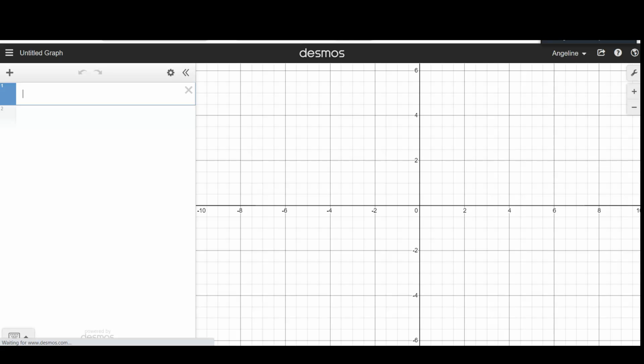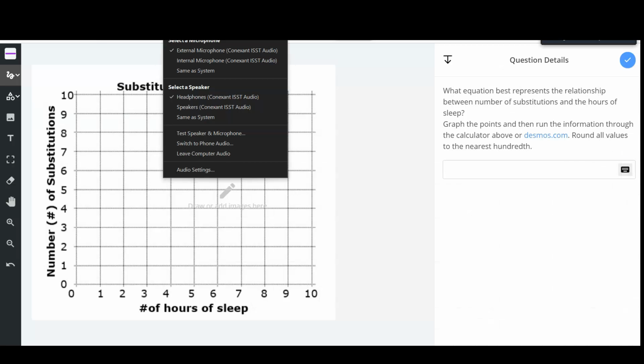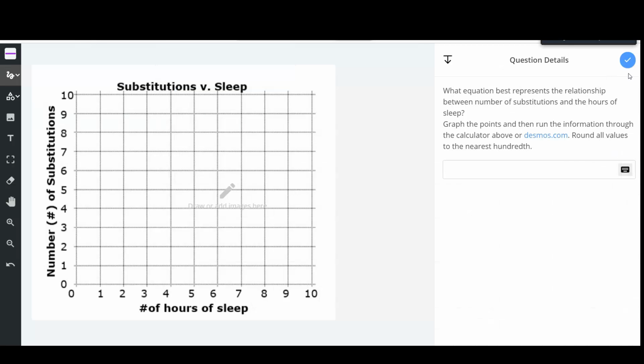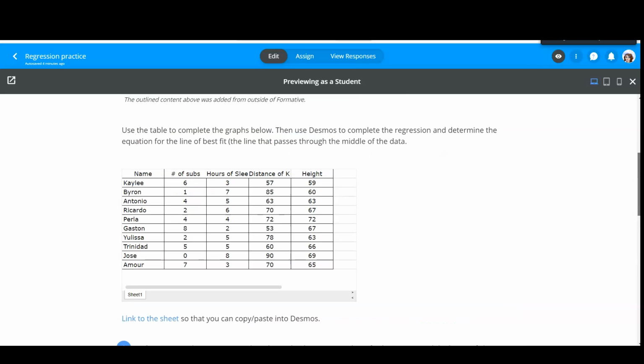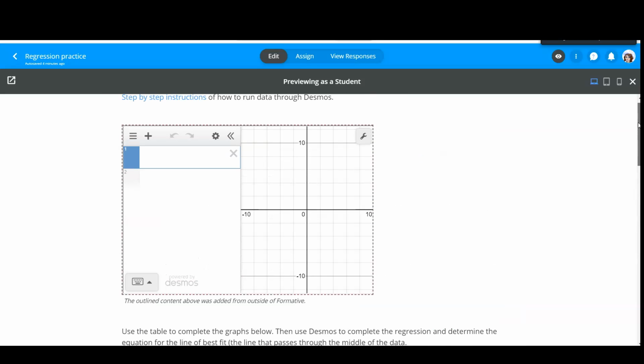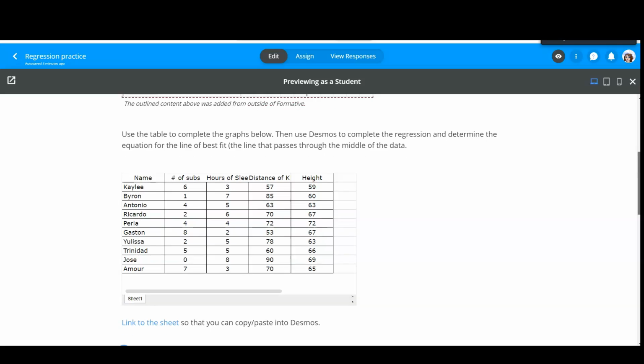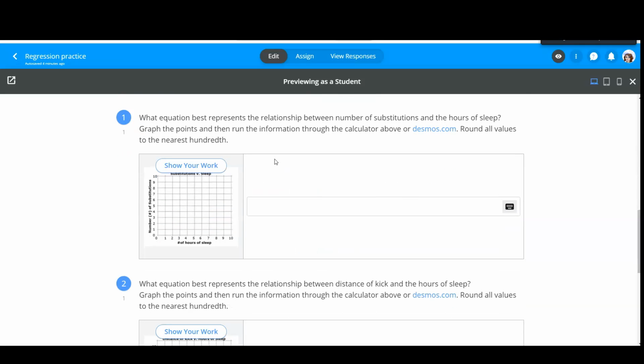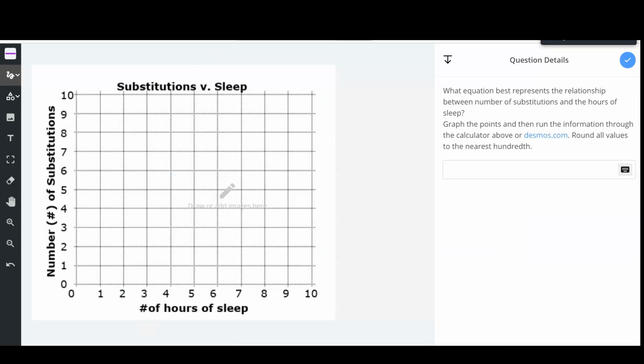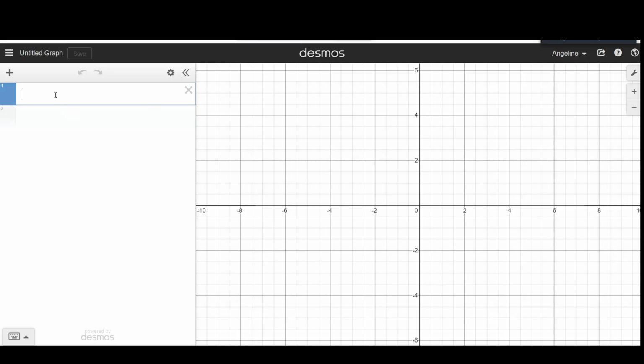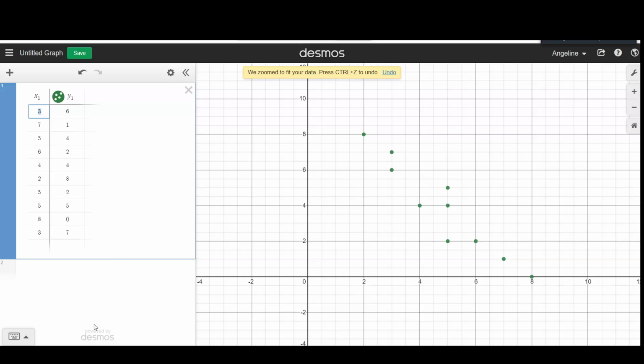You'll notice if you do that, it is the same graphing calculator that I put up here, okay? I'm going to tab between screens. So what you're going to do is in this first box, paste your table, and it'll automatically format it as a table for you. Then you're going to click Add Item,